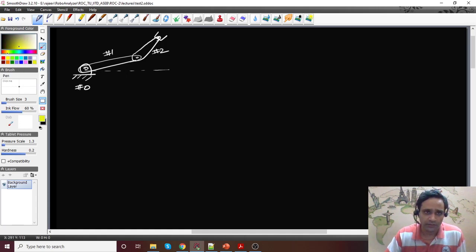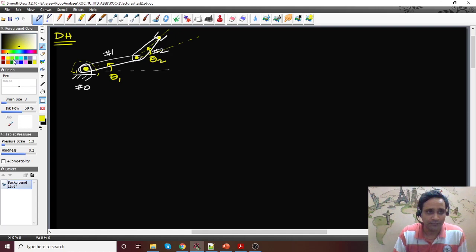How do we do the angle measurement? We are considering the relative angle. The angle of rotation about this revolute joint we'll consider as theta 1. Similarly, there is another revolute joint, and the angle the link makes with respect to the previous link direction we'll call theta 2. So theta 1 and theta 2. This is using the DH parameter convention. Those of you who are not aware, I would request you to go through the other set of videos where DH parameters have been explained.